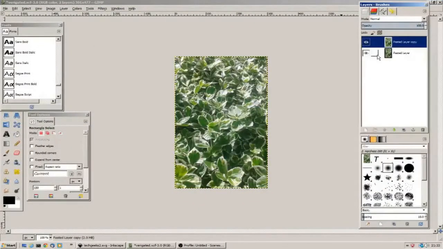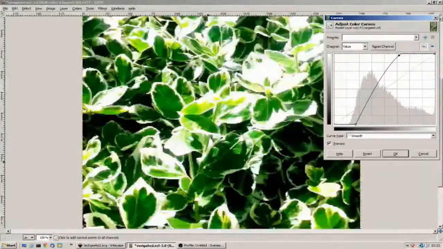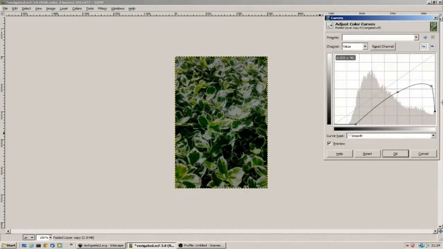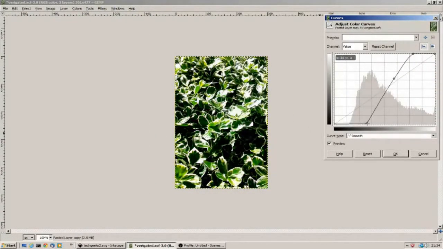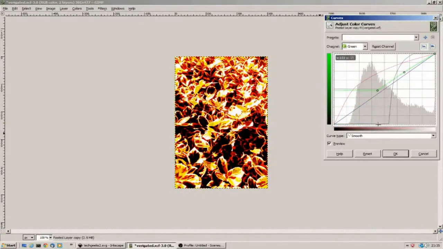So in this tutorial, we're going to make a 3D style backdrop. You've probably seen the examples. Right, now then, so we're in GIMP at this point, and using the curves tool, which can be found